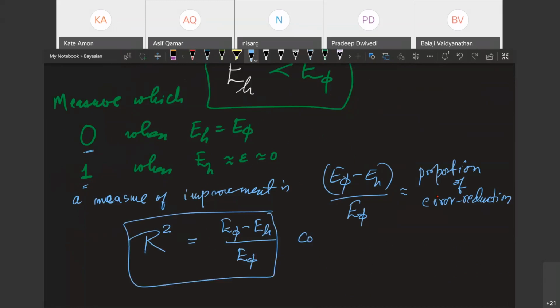It is called the coefficient of determination. Are we together? It's a fancy word, and R squared is in linear regression, and only for linear regression, it is perhaps the most often used measure.